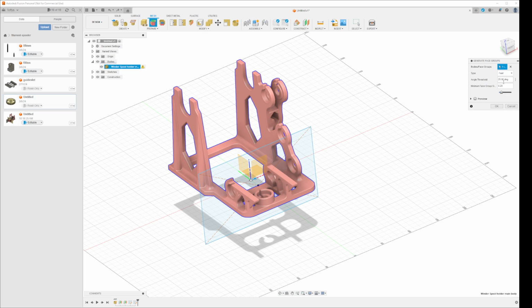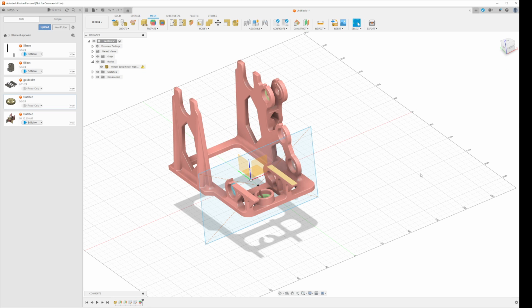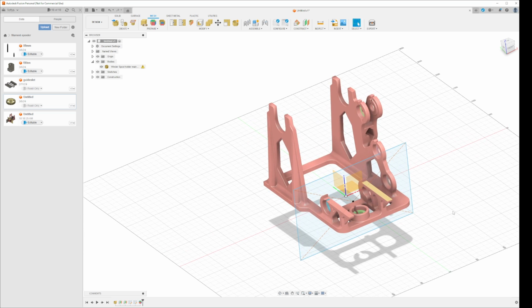So I'll just use the fast. Okay, and that is fine. Now you get the basic face group. Now the big problem is if you want this to be a solid model, in 99.99% of the cases, if you take the whole model and you try to process it, it will crash. The whole Fusion 360 will crash unless you have like a super fast CPU, because the way these programs work